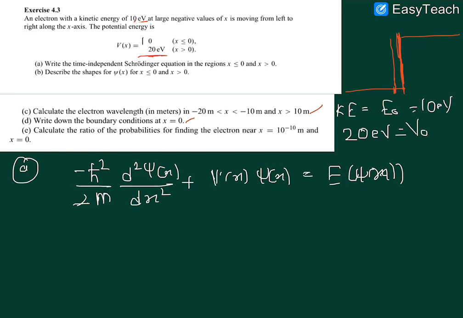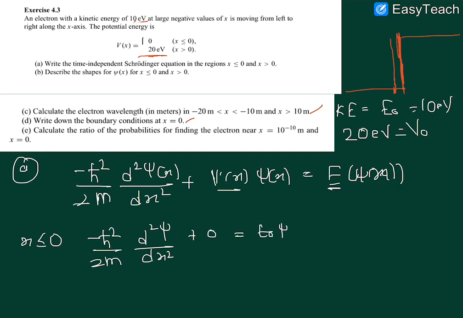Okay, now for x less than equal to 0, my v of x is 0 and my e is a constant e naught. That would be minus h cut square by 2m d square psi by dx square plus 0 equals to e naught psi. Alright, so this is my one Schrodinger equation,